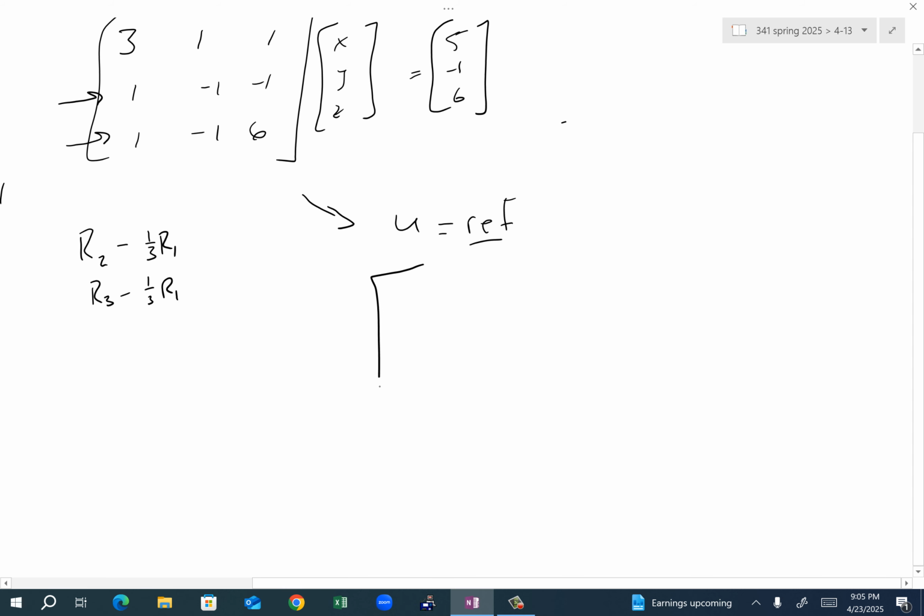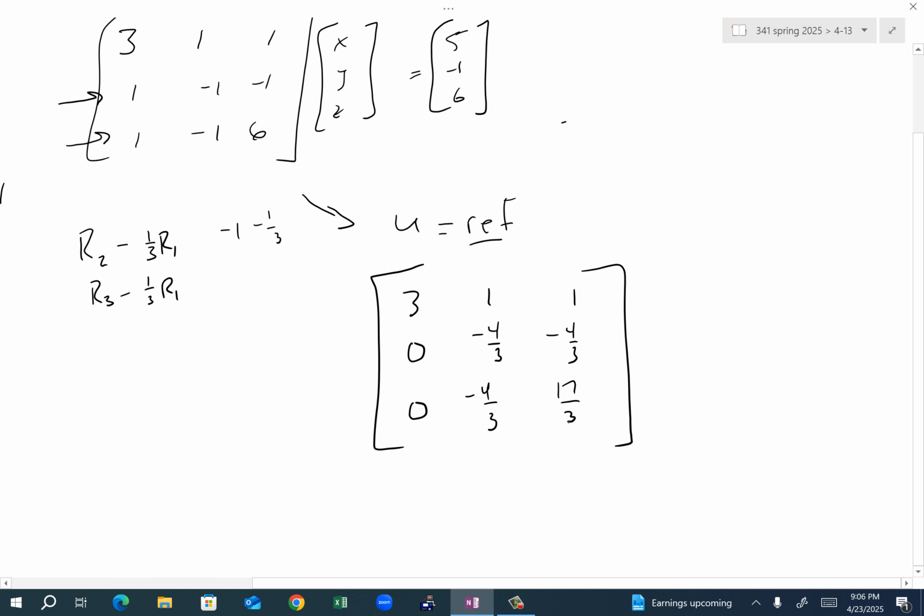Okay, and so if I'm building this guy out here, I'm going to start off with this. Obviously the top doesn't change. So it's going to be 1 minus 1 is 0. And then negative 1 minus 1/3 is negative 4/3, and negative 4/3 again. Nice. And then the next one down is 1 minus 1 is 0, and then negative 4/3 again. That's pretty cute. And then it's going to be